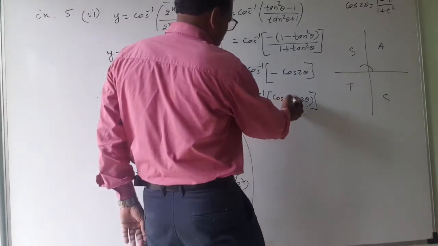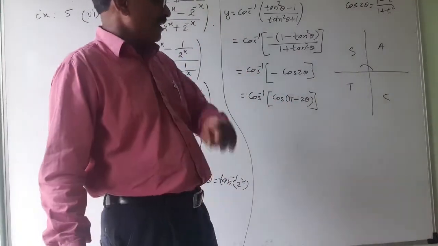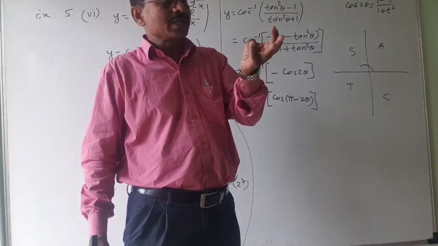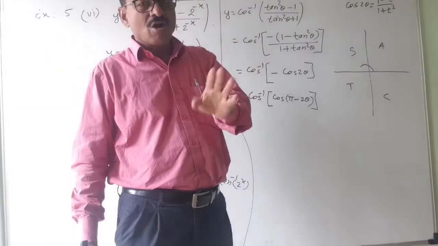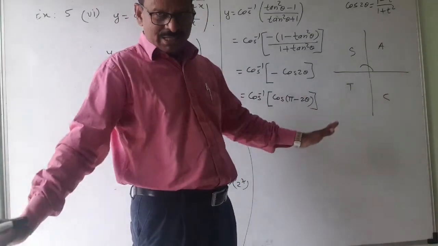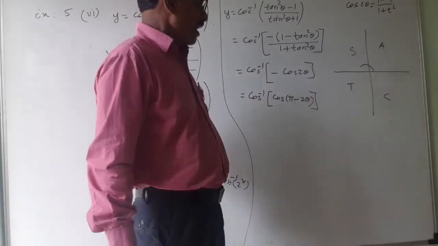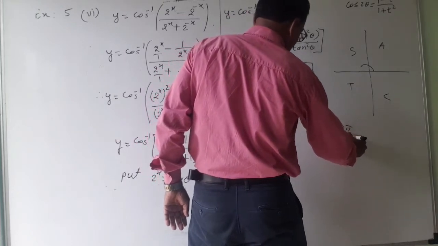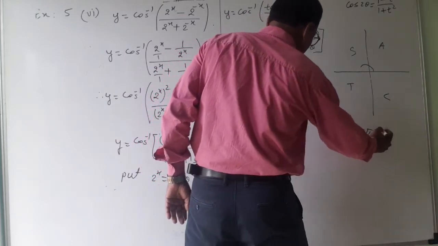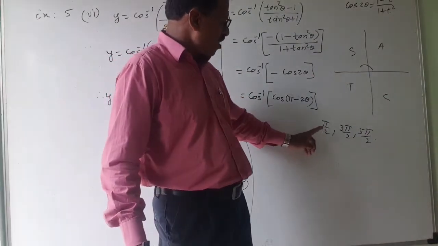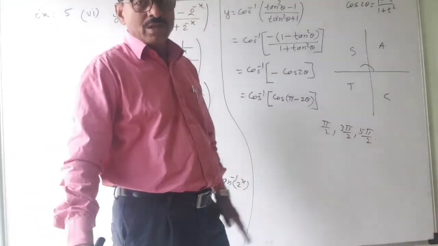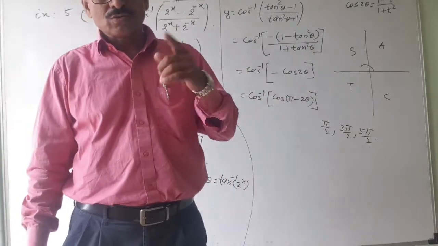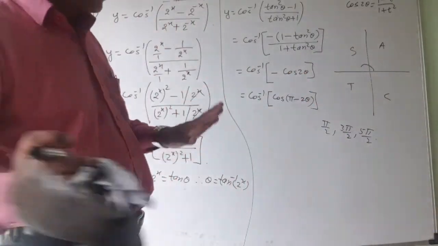In 11th standard, in one lecture, I have explained this. If you subtract anything from, or add to, pi or multiples of pi, 1 pi, 2 pi, 3 pi, 4 pi, the ratio remains the same. Means cos will remain cos. And for pi by 2, 3 pi by 2, 5 pi by 2, the odd multiples of pi by 2, if you are adding or subtracting anything, the ratio changes. Means cos will get converted to sine, tan to cot, sec to cosec, and that way.